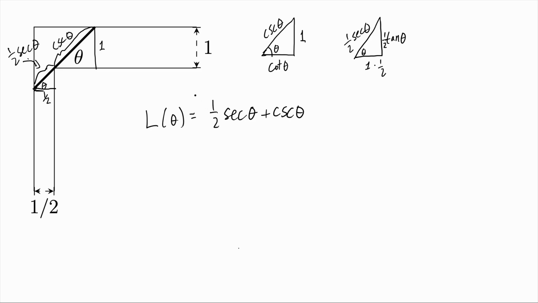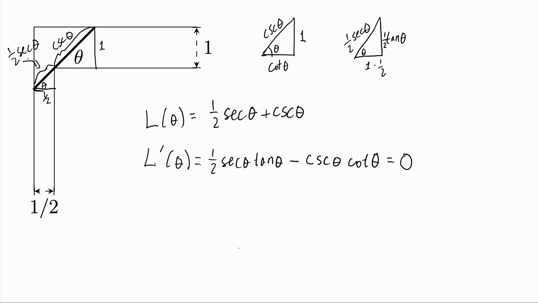And we want to find the minimum of this, because this is the minimum situation that doesn't work, where you're going all the way to here and hitting that corner. Okay, so to do that, we're going to take a derivative, L prime of theta. The derivative of secant is secant tangent. So 1/2 secant theta tangent theta. And the derivative of cosecant is negative cosecant theta cotangent theta. And we'd like to know where this is equal to